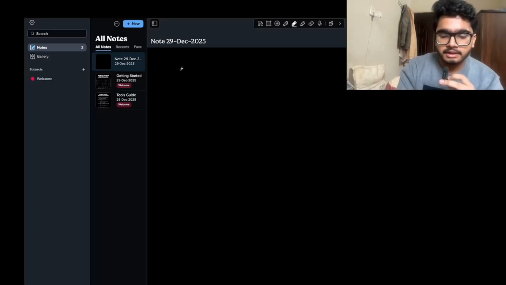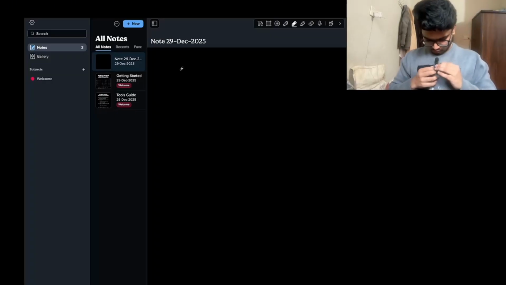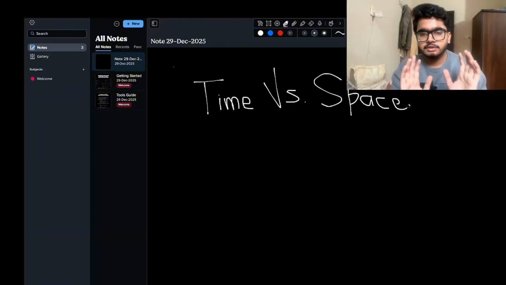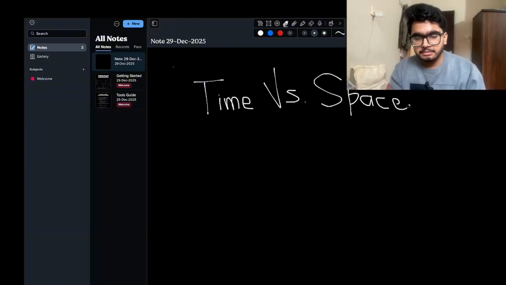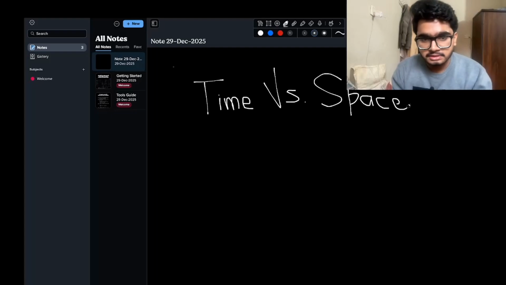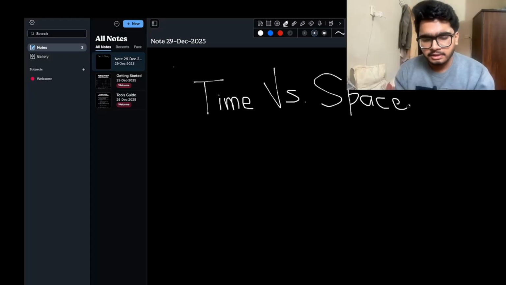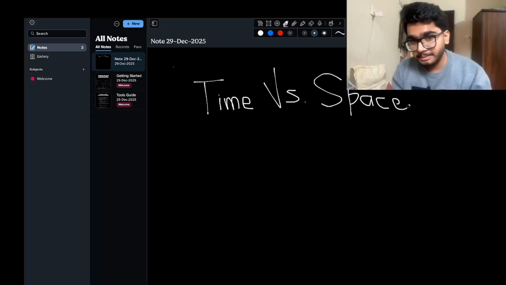Firstly, please ignore my writing, because I am writing with my mouse pad, and I think it is the best writing I can achieve. The first thing to discuss is time versus space, where we should compare these two complexities. In reference to this, time complexity matters more than space.